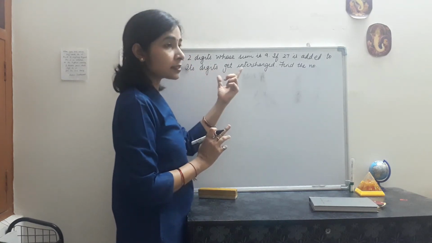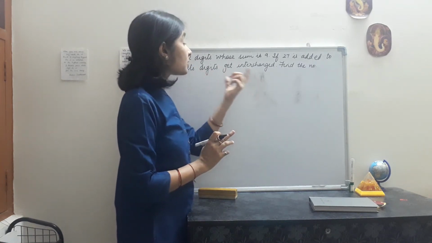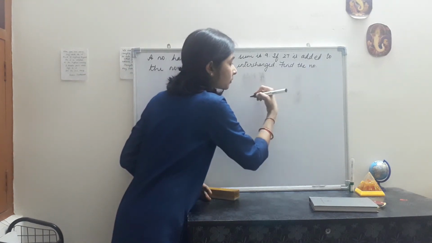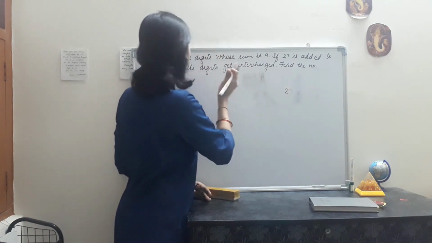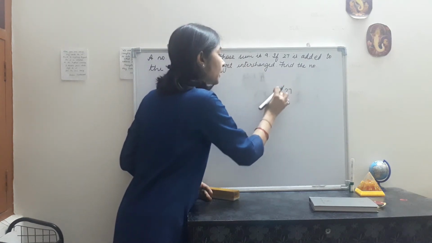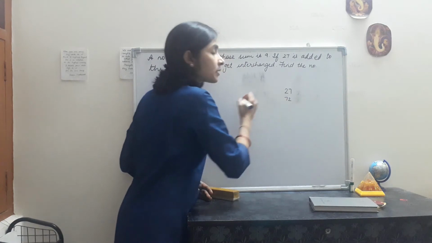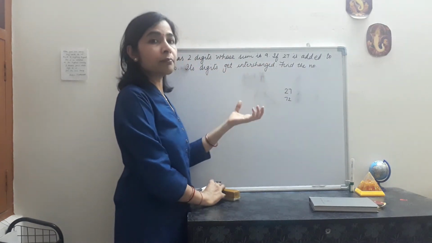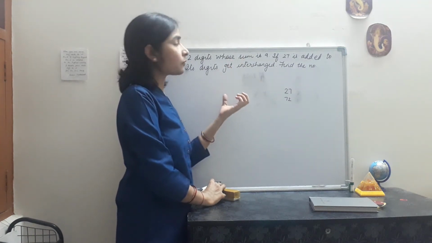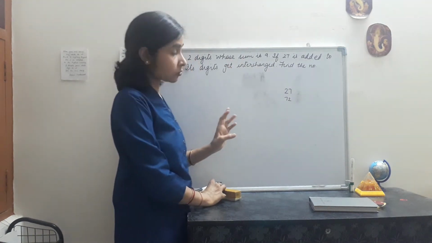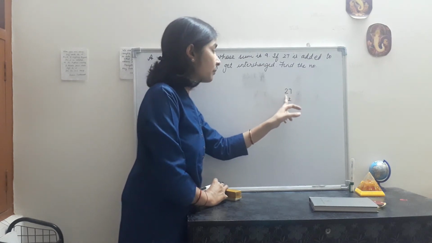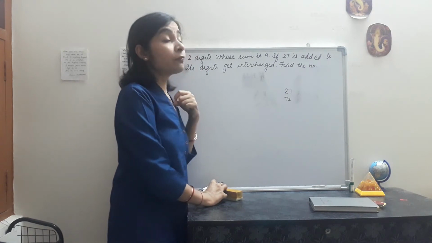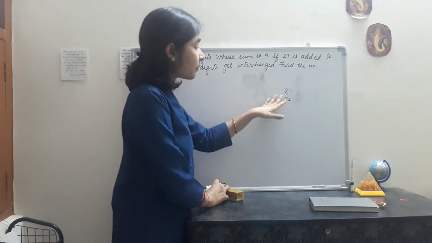First of all, 2 digits are there and it has a particular sum. Second, suppose we are taking a number 27. Okay, 27 is there in the question, so we are taking 27. So when we interchange the digits, then the number formed will be 72. Somewhere the relation is given with the new number that is formed by interchanging the digits. So you should understand that if one number is 27, then the next number will be 72.